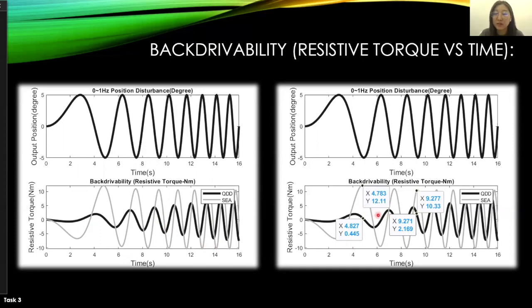At a time of about 5 seconds, the resistive torque in the series elastic actuator is about 12.11, but in the quasi-direct drive actuator it is only about 4.827,